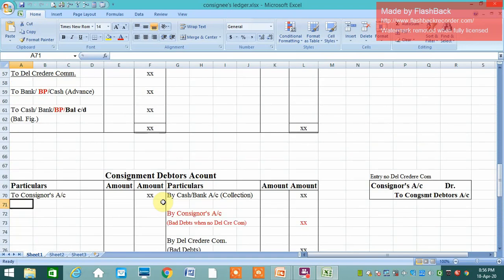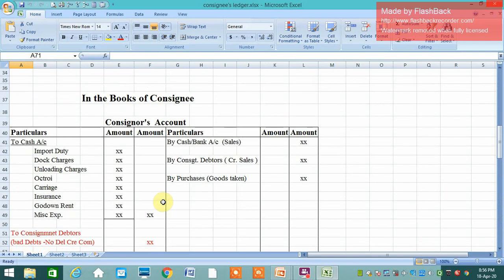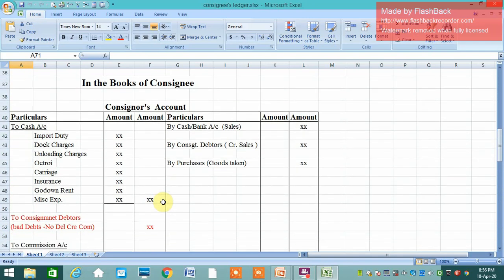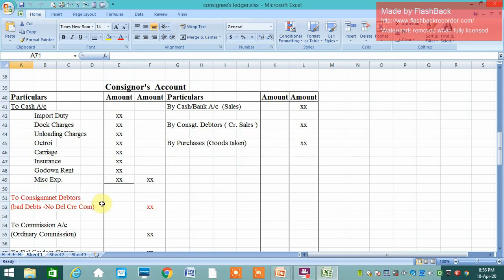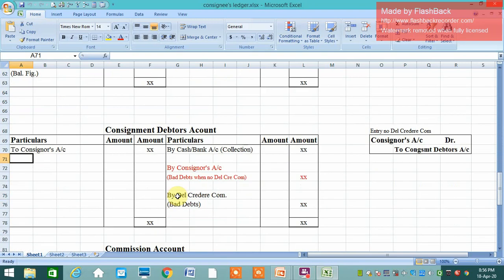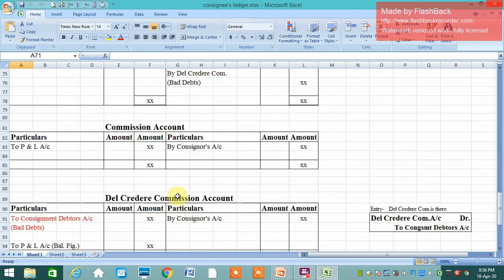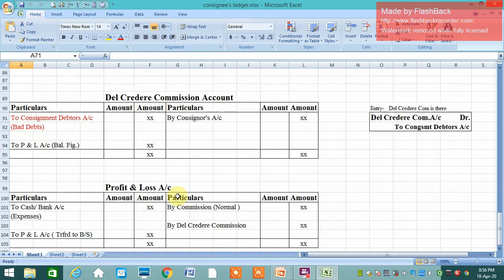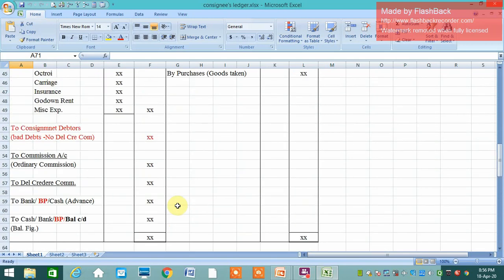Again, I am telling all students that sometimes students find it difficult to record the bad debts, so please be careful while recording the bad debts. You can watch this video again to revise and solve maximum problems from Manan and Sets Publication book or any textbook if you want, and ask your queries in the comment box.